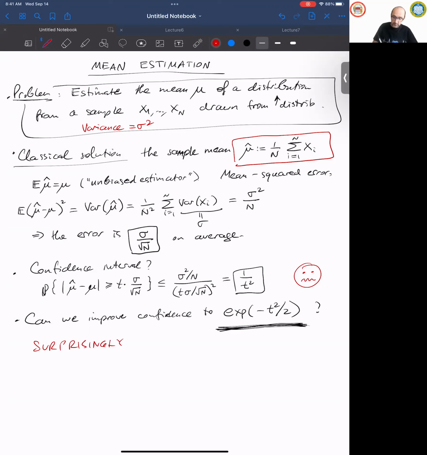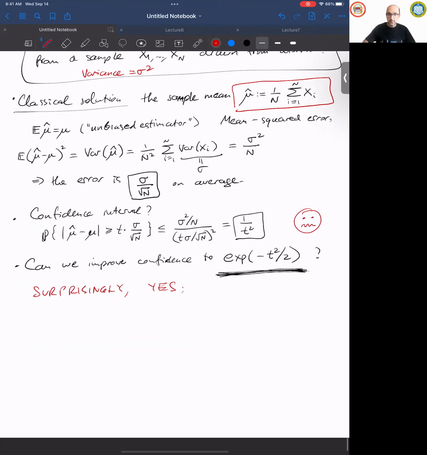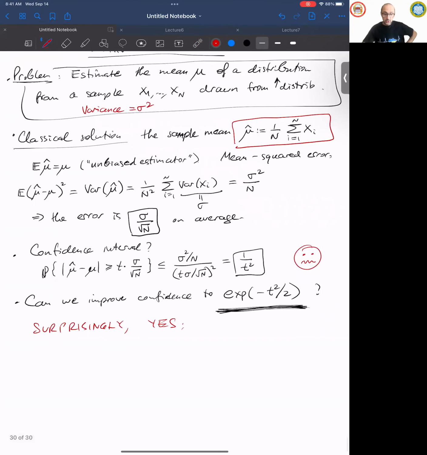you can do this actually. Yes. You can actually, just knowing that the variance is finite and the mean is finite and nothing else, we're not assuming a Gaussian distribution of X or even bounded, nothing else, we can upgrade the confidence interval in the mean estimation to like this, as if the Xi's were Gaussian themselves, which is very strange.